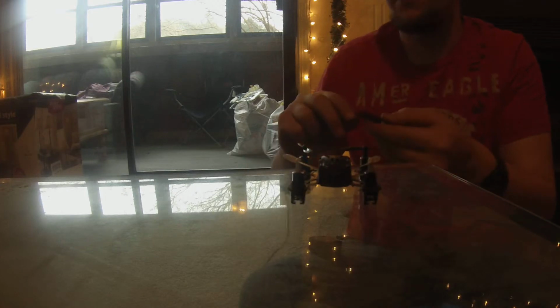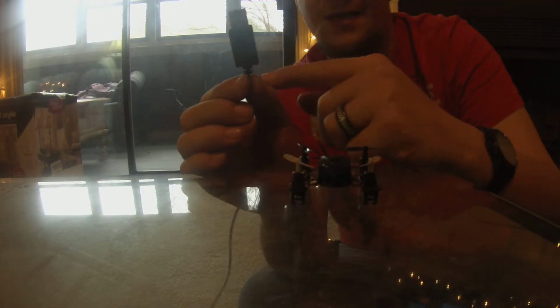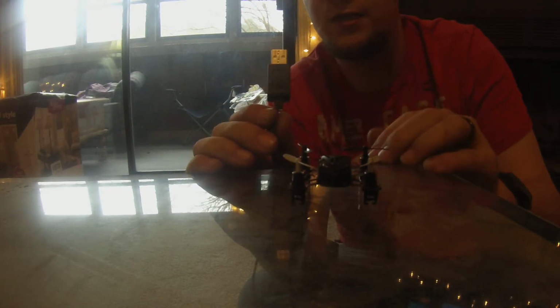Lastly, the charger that comes with it is this little wire charger. After a lot of charges, I guess the balancer goes out, and I had one that actually went completely overnight. Thankfully, it did not damage my Proto X, but now I time it to 30-minute charges at a time, and that